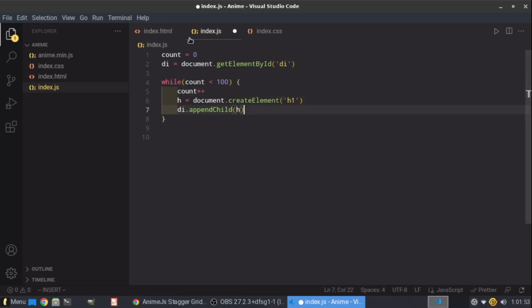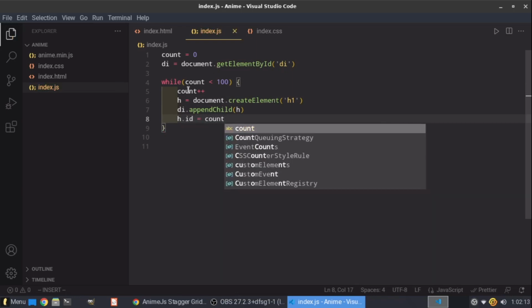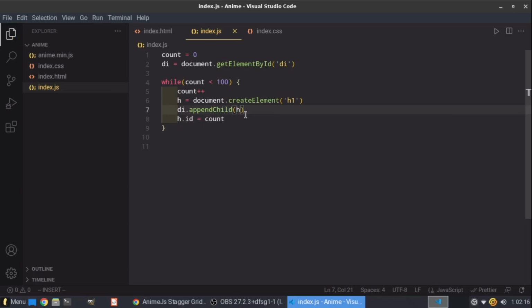So what this does is that it appends this into the div tag 100 times. But anyways, I'm going to write h.id is equal to count, which will make this so that each time it appends this h1 tag into this div tag, it is going to give it an ID of 1 to 100. Reload,